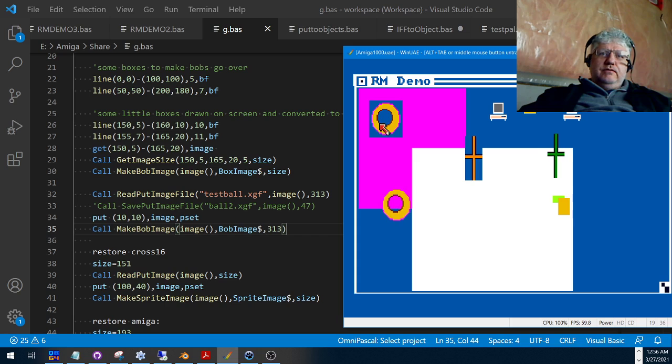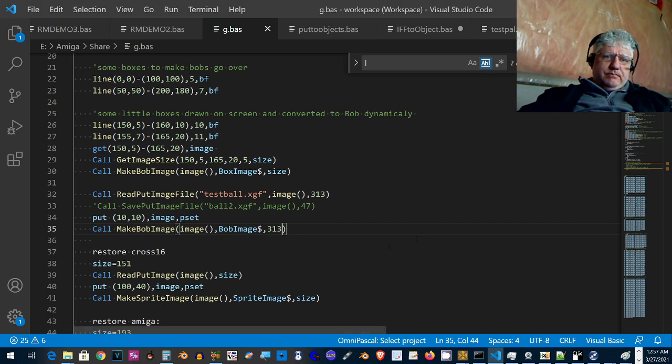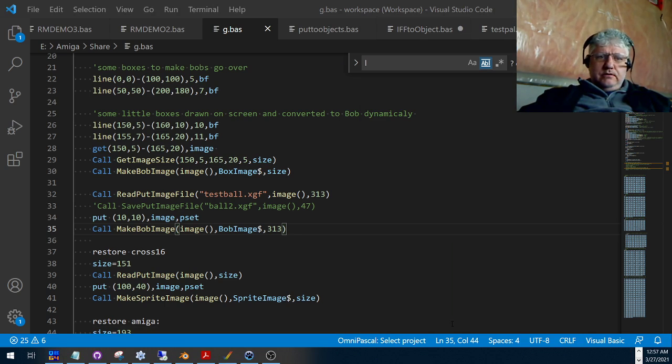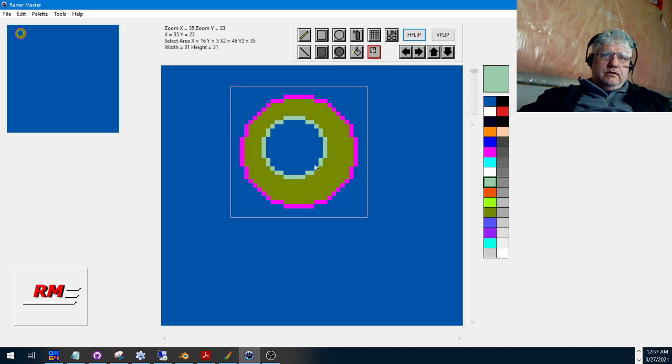We pasted it on the screen here, and we also converted it into a bob. But if you notice that the colors aren't right, they're the default colors. Let me bring that back up again. So we changed the colors to this kind of greenish color, and we exported it to a palette. So now I'm going to go back into the editor,